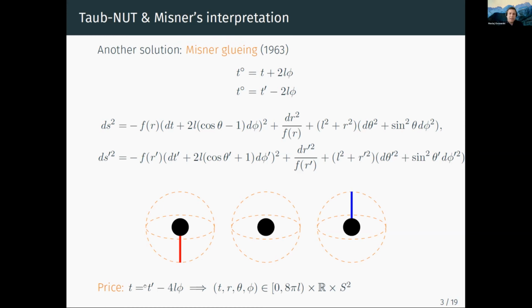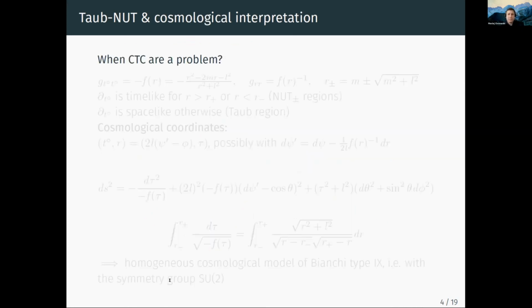Because it has to satisfy this transformation condition, which simply transforms the coordinates from the one covering the northern part to the one covering the southern part. And now, because the phi coordinate is periodic, we also want the time coordinate to be periodic. So this is a price we pay, which is that in certain regions of spacetime, we necessarily introduce closed time-like curves.